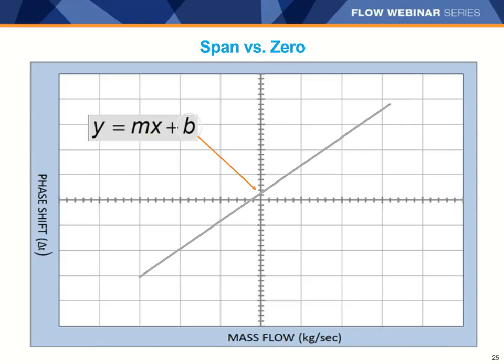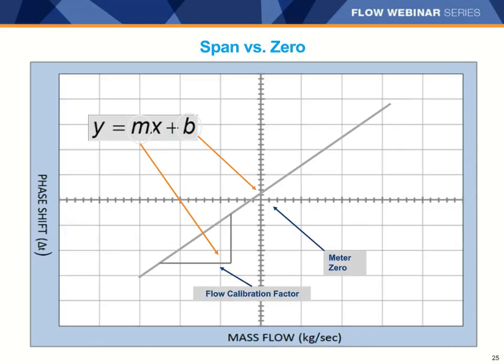The term m in the equation is the slope of the line, and it defines how much phase shift is equal to a certain amount of flow rate. So the meter zero adjustment is the way to eliminate the measurement error due to meter zero, or b, in the equation. And the flow calibration factor that's set at the factory is the parameter that is set to establish the slope of the line, or the span relationship between the phase shift and the raw pickoff signals,